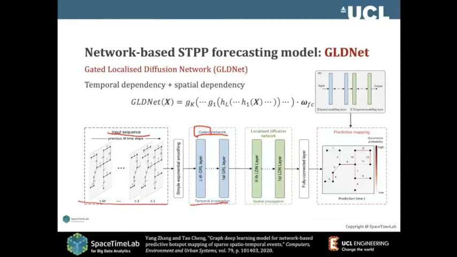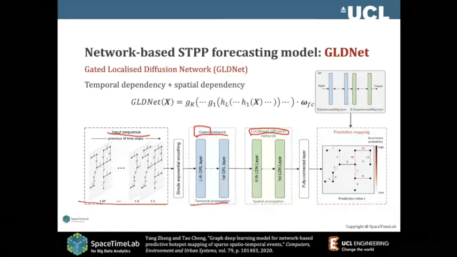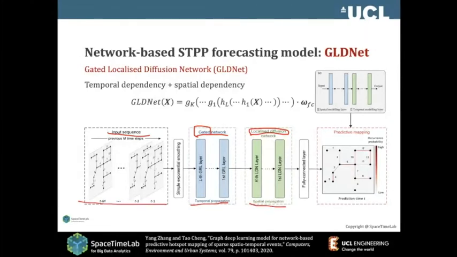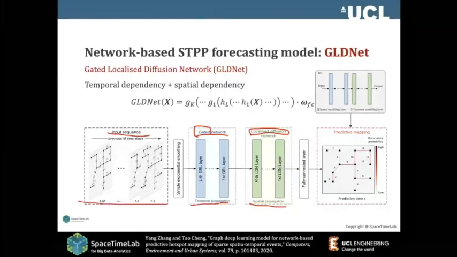And then for spatial, as I said, spatial is also very sparse. We call it the localized diffusion network. We emphasize the first order, second order, or further spatial adjacency, to make full use of the spatial adjacency to capture the spatial patterns. Then we put them together and do the learning. For the learning itself, we call it imbalanced learning. What does it mean? For those places or times that have crime, we give them a higher weight. That means imbalance. In this way we put them together and make the prediction.